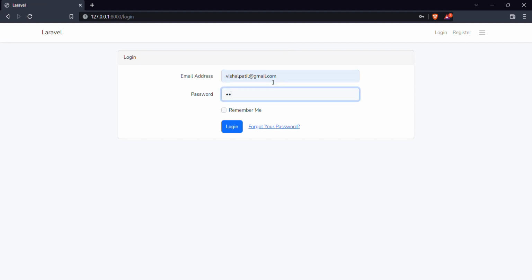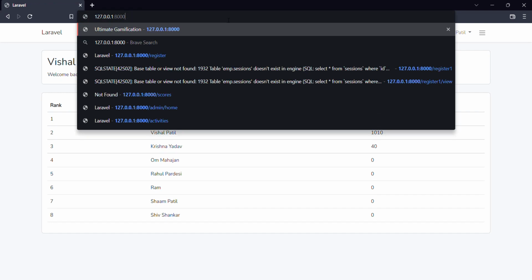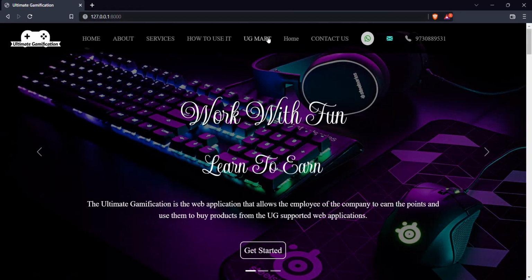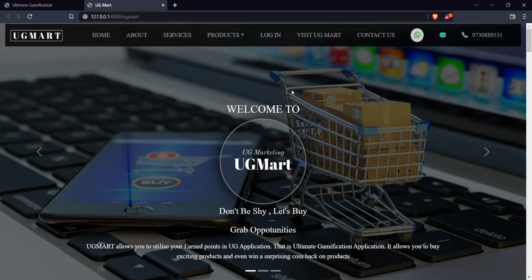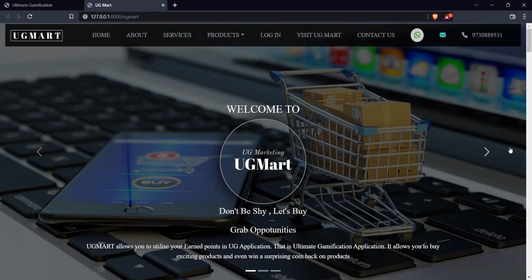I just logged in here, and the redeem points are 0, balance points are 1010, earned points are 1010, and this is of course the leaderboard that we have. Later, suppose I get into this page and I open UGMart. So this is the front end of the UGMart website. It also has the carousel